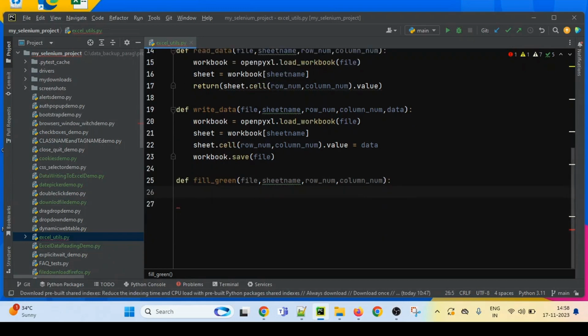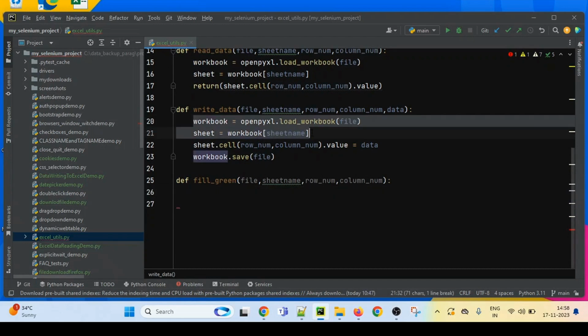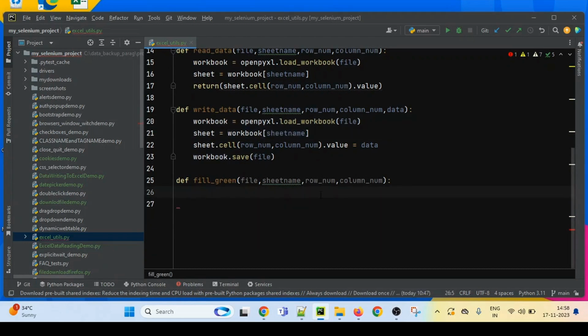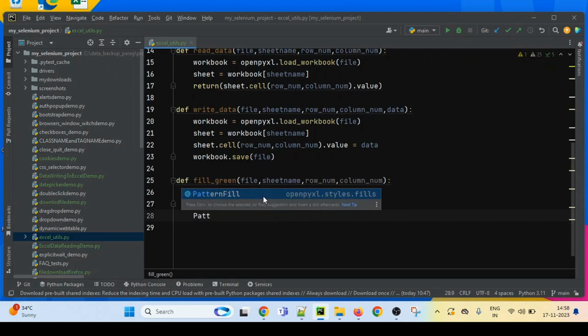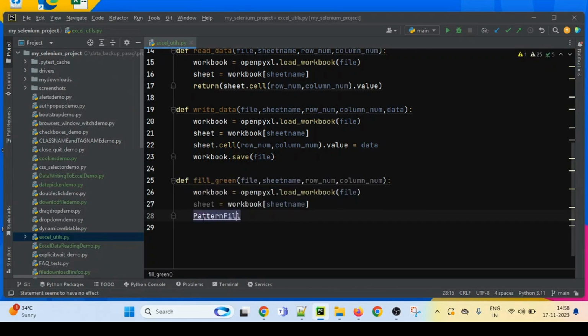After passing these 4 parameters, again these couple of steps are same. So I am just copying it, and then we have to create the object of the PatternFill class.